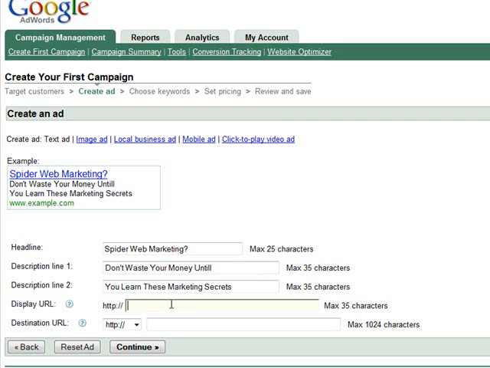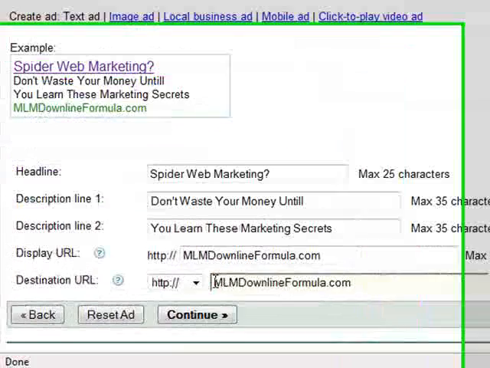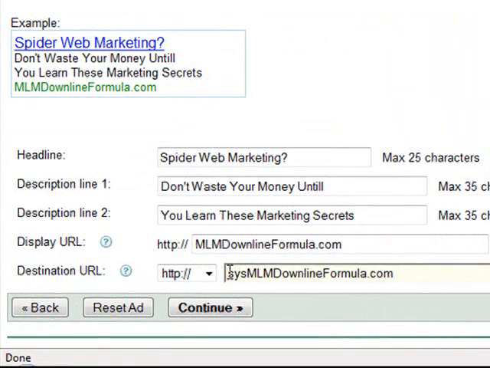Okay, now my display URL is going to be my website URL. And I like to capitalize it as well, so I'm going to use my URL MLM downline formula. And now what I've done is I've created, in my MLM Lead System Pro, a separate subdomain to track my pay-per-click ads specifically for my system. And so that is actually my destination URL,